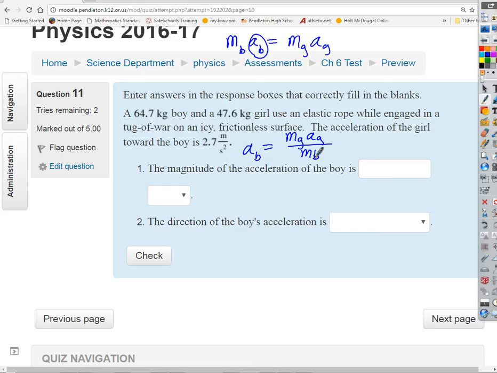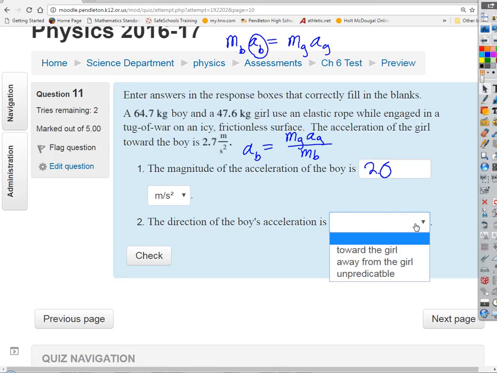47.6 times 2.7 divided by 64.7, right? Okay. What's that give us? 2.0. To how many sig figs? 2 sig figs. Good. What are the units? And the units are going to be meters per second squared. The direction of the boy's acceleration is